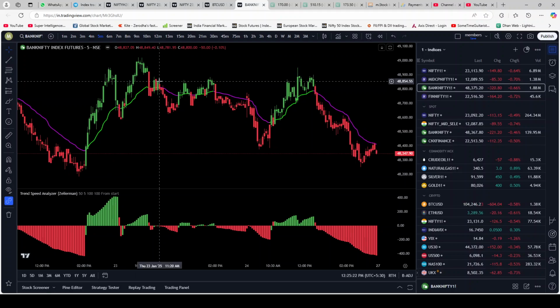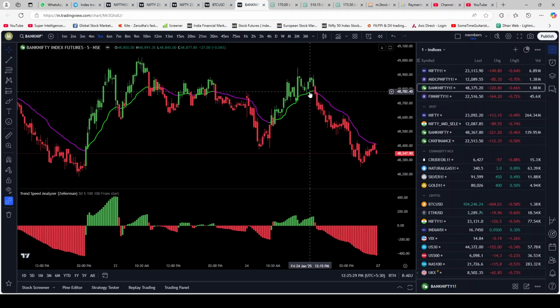Short is the exact opposite of that. You see over here, these green candles become red. The moving average turns from fluorescent green to purple, and at the bottom also this green switches to red and the